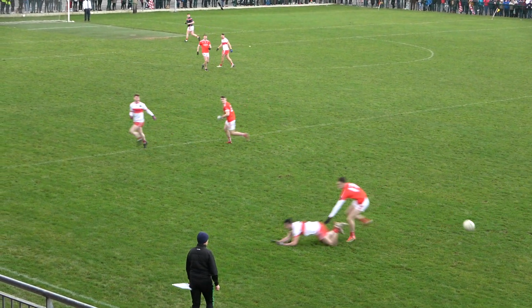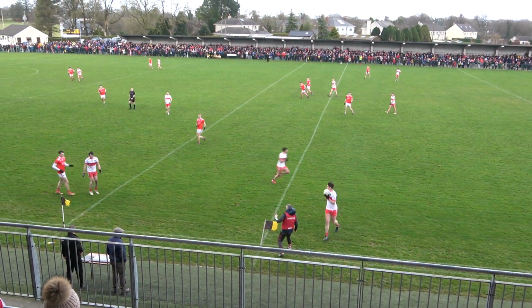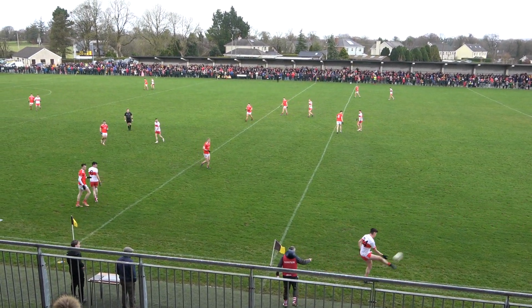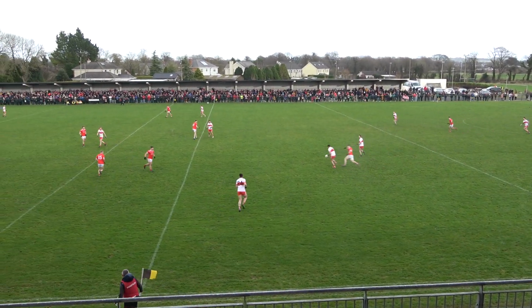The ball comes over this side. Can James Murray get on it? The ball goes through everybody. It's going to go over the sideline, and it's going to be a Follies ball. The number 24, Glennon, has the ball. Back to Brian Murtagh. Brian didn't want to give it to